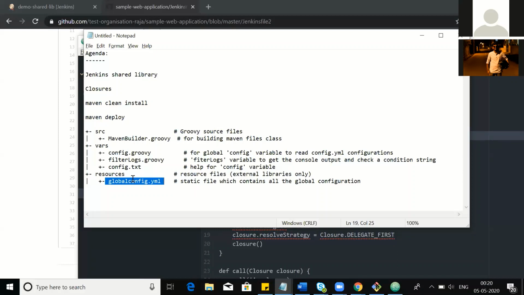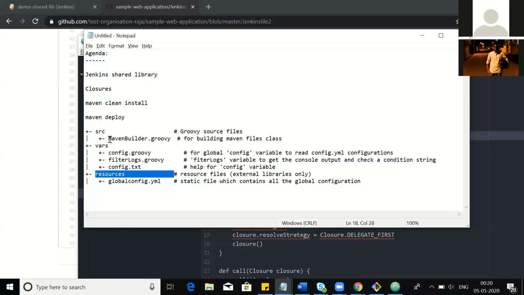So for this resources file, I have taken a very simple example, but in a real-time scenario, we can store all other artifact URLs, which is very common stuff like that, and keep it here. There might be scenarios where you run this Maven builder in a Dockerized Maven container, where it requires a settings.xml file, which you can keep in the resources section and refer to while doing Maven clean install. That way also it helps. You can keep a Docker template, say the Maven builder image's Dockerfile contents. Those kinds of scenarios also we can use resources for.